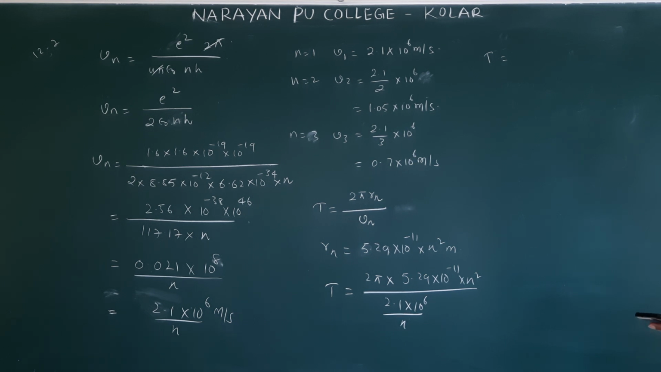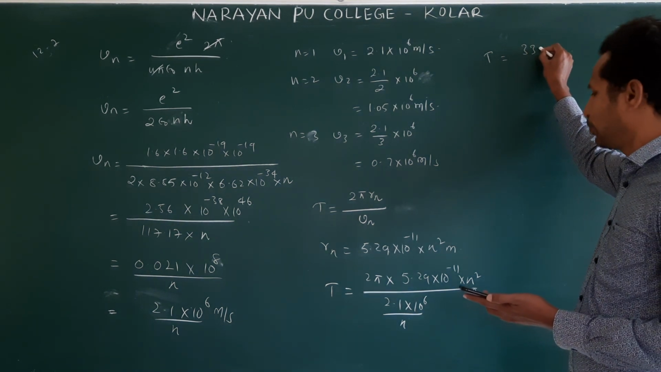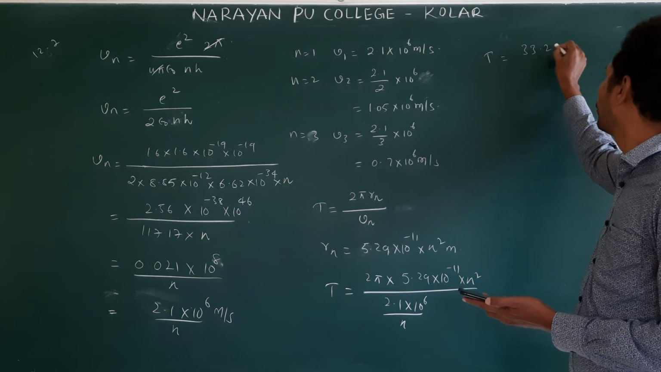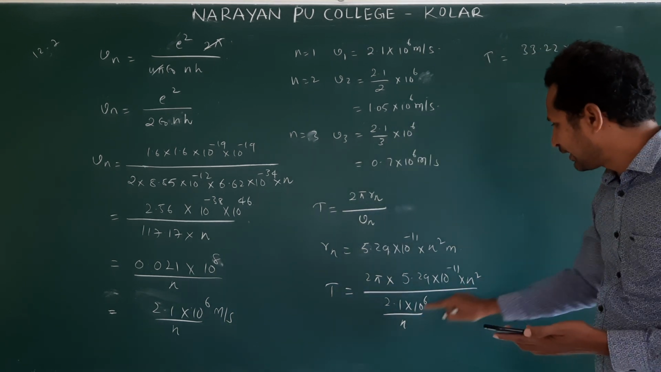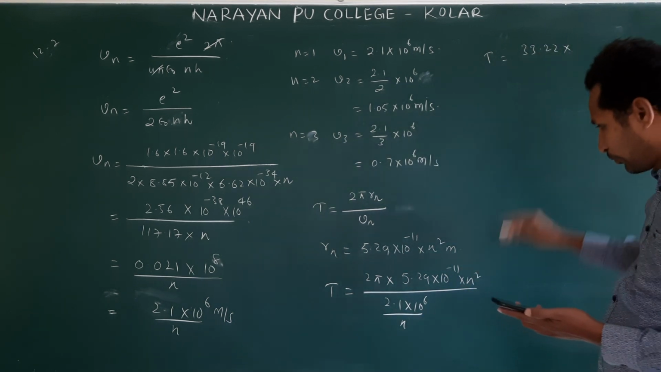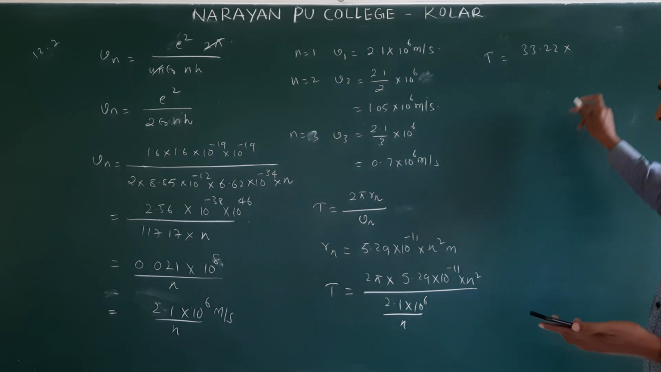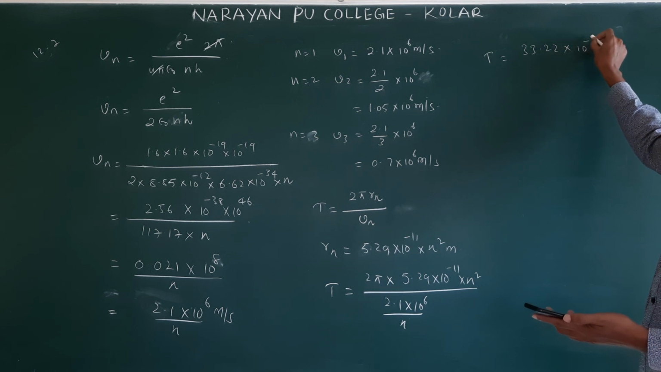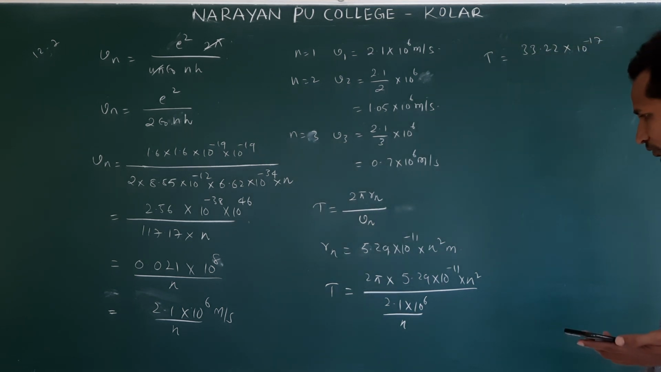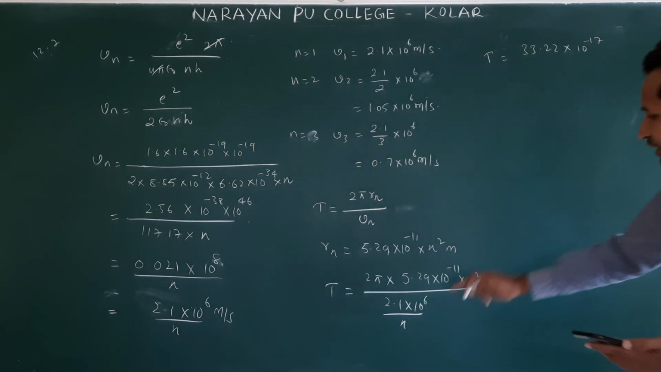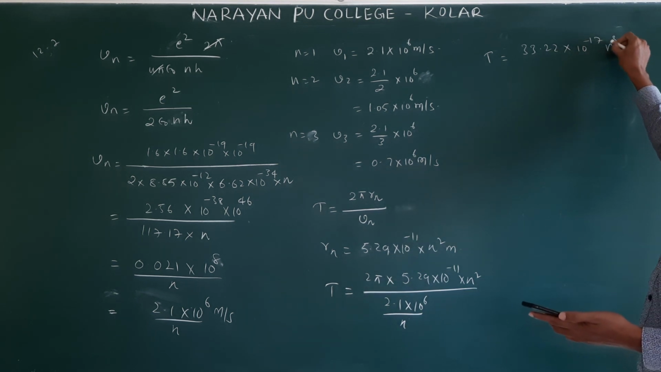What is that? 2 into 3.14 into 5.29. So this is 33.5. 2 into this end comes up. First we will clear the powers. 6 also comes up, right? 10 power minus 17, right? Into this n cube comes up by